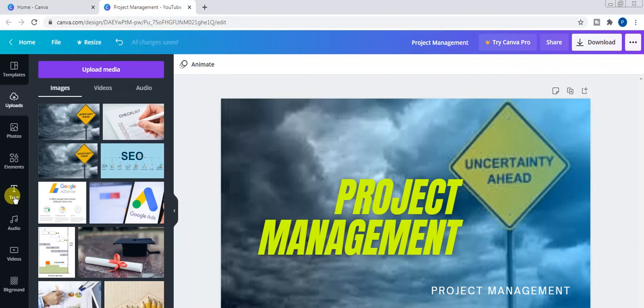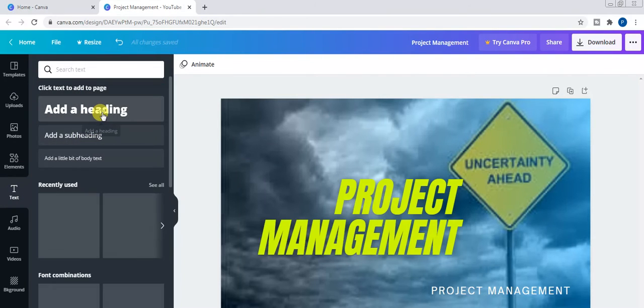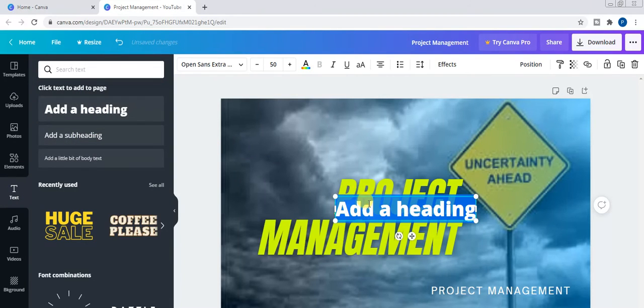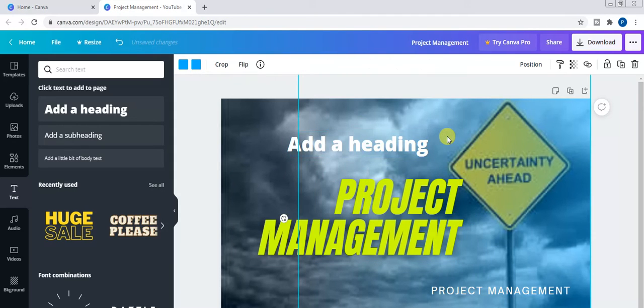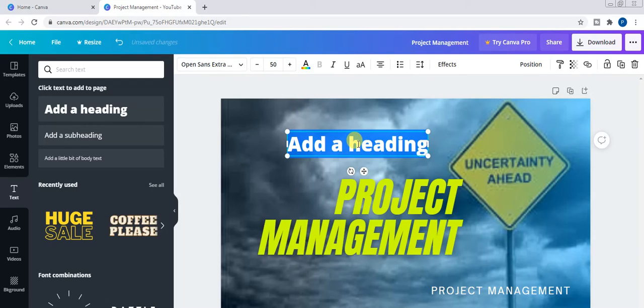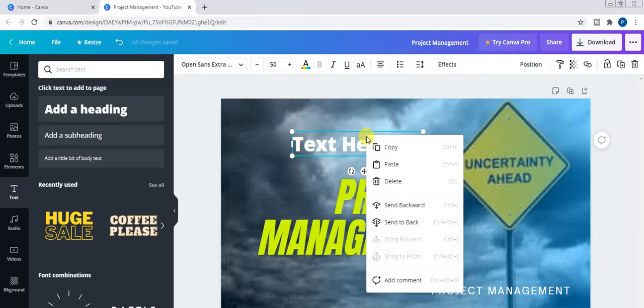Also, if you want to add any other text, you can just add it that way. For example, this text came here, and you can add more text headings as well.